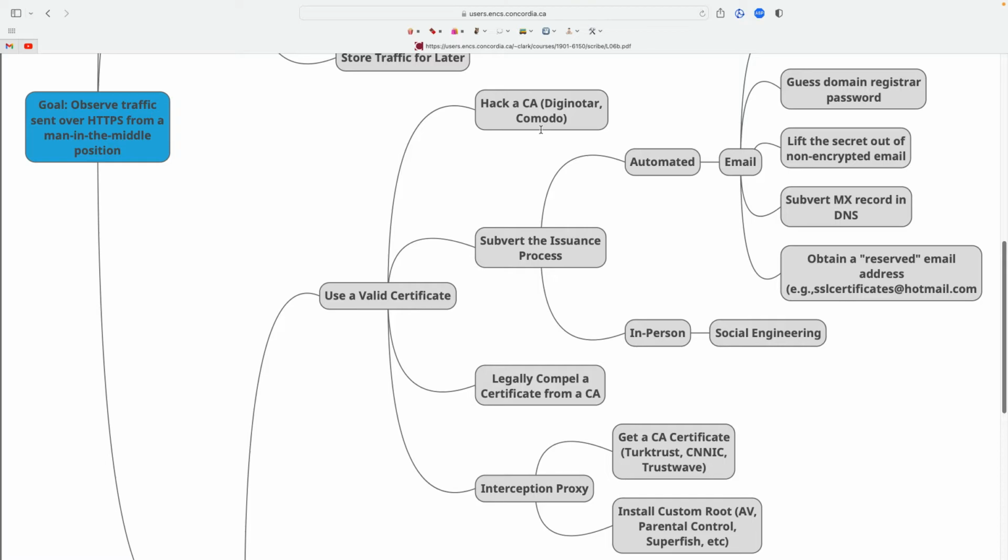And even if Concordia noticed it, they could go over to a CA like DigiNotar and say, hey, there's this fake certificate for Concordia. And the certificate authority is going to be like, well, prove to me that you are Concordia, right? And so maybe eventually you could get it revoked. That's the theory of it. But if you're a small player in this ecosystem, it doesn't work so well.